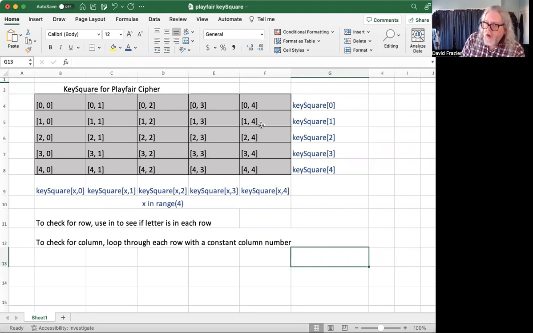The last video I put out was how to convert the plain text into a list with the correct format, so you've got no double letters and an even number. The next thing we're going to do, and I haven't done the whole program yet, but in my way of thinking about this program, is figure out the row and the column of the two letters that you're trying to